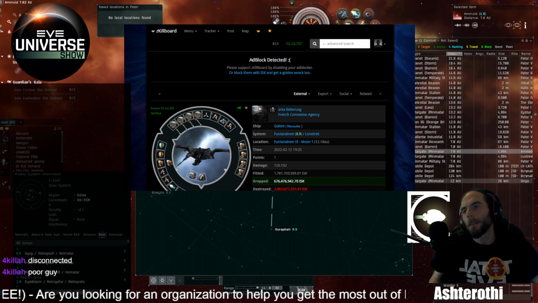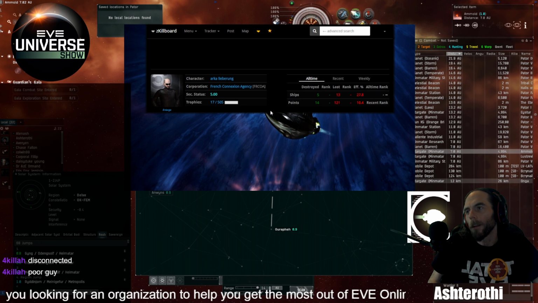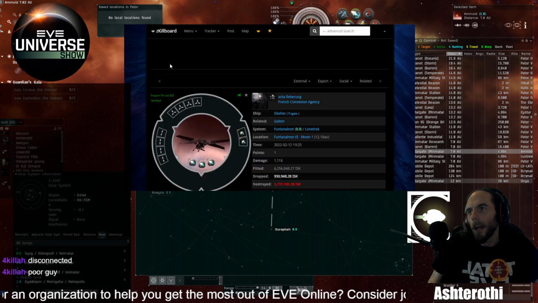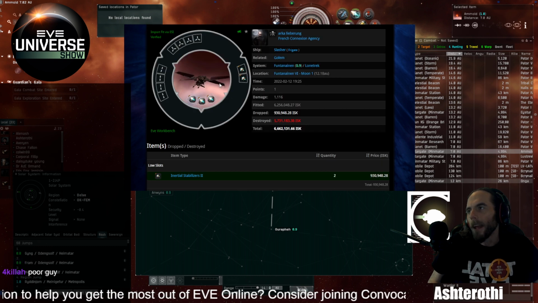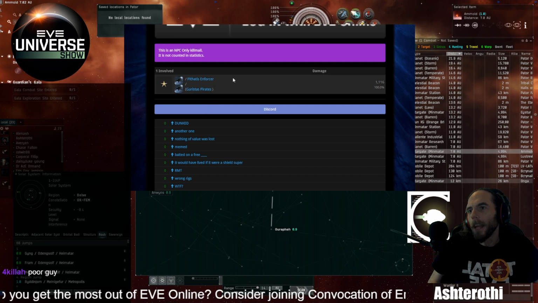So let's look at this. I can see I want to learn more about this, so I'm going to click on his name to bring up his record. And I can see that right after he lost the golem, he also lost that slasher. So he lost a slasher which was in his frigate escape bay and had inertial stabilizers, to the same pithy